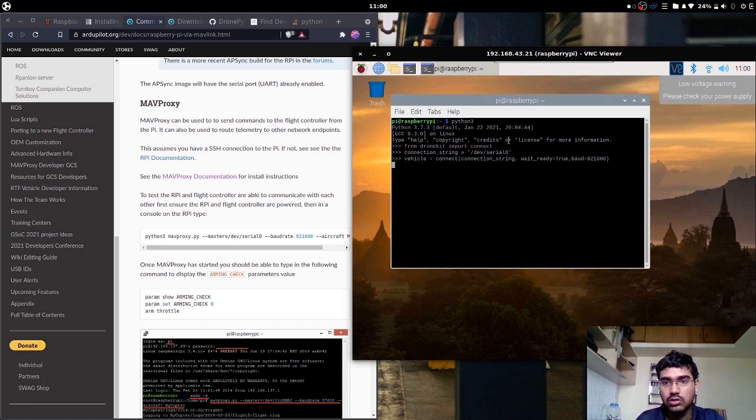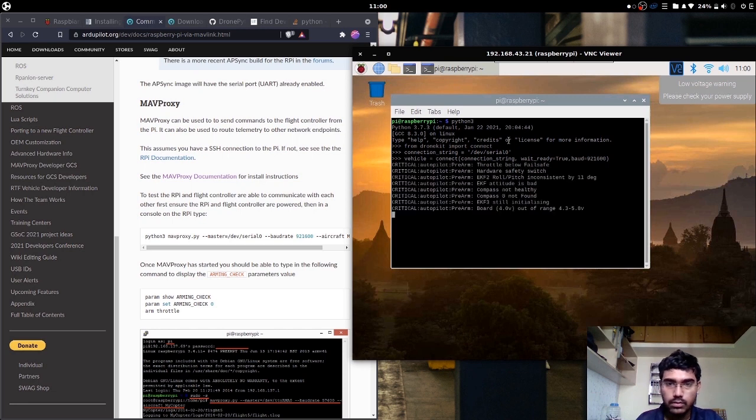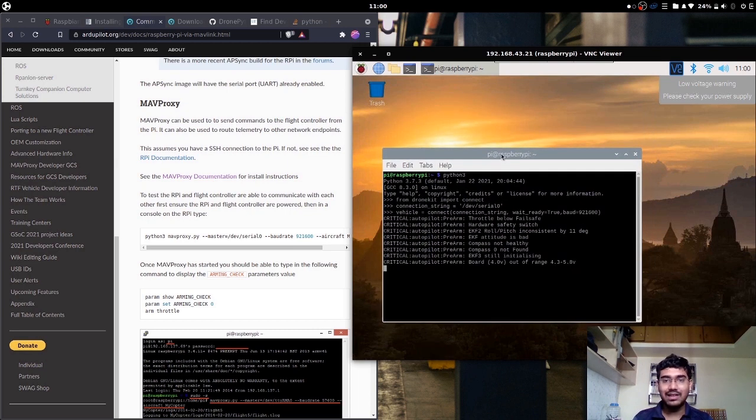921,600 and enter. We'll give it some time and see if it connects. It is expected to connect. Critical, yeah, see, I've got all my parameters saying that compass is not healthy, compass 0 not found, and all of that. All these little issues can be solved by you directly over Mission Planner. Great, if you have followed along with me till now, you have been successful in setting up the Raspberry Pi connection. So you have understood the port and all of that.